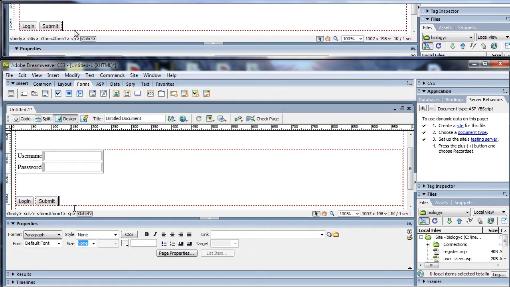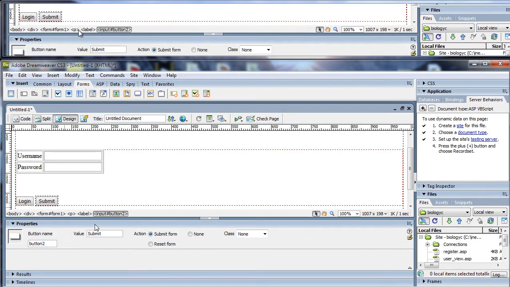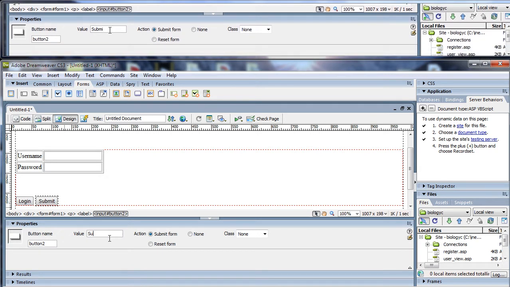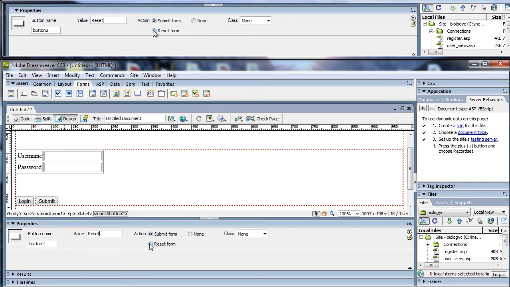Edit the properties for the second button. Rename the value to reset. And action is reset form.